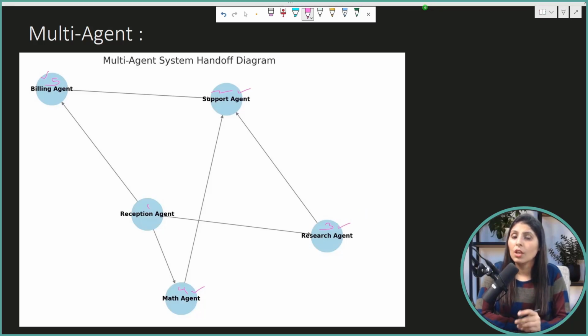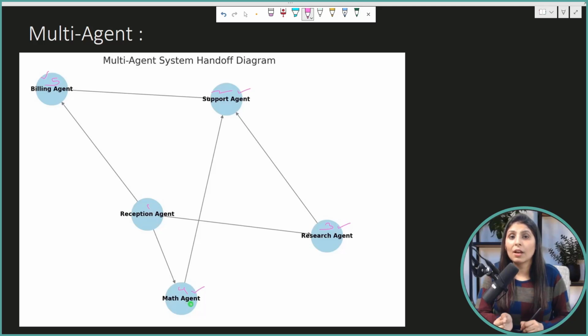to the research agent. Now what will happen if you divide the tasks like this? See, over here the process will be fast, first of all, because we have divided the task into multiple steps, and we have a specialized agent for each task. All the maths related tasks are solved by the math agent.